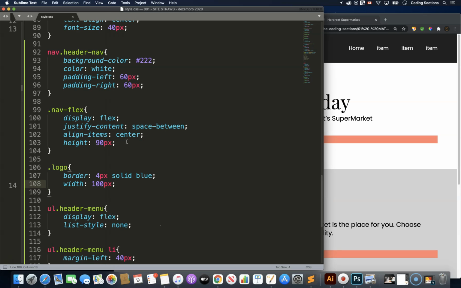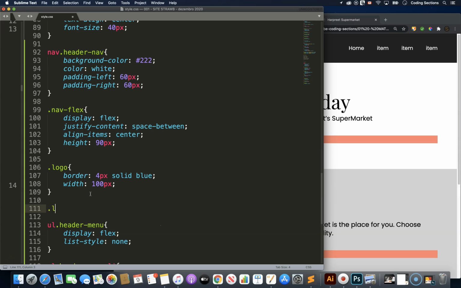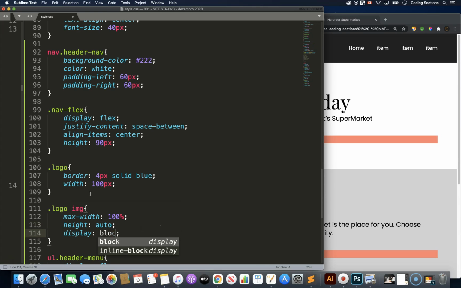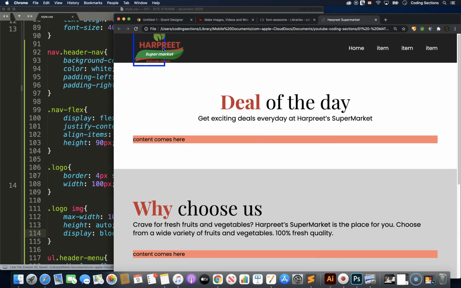If this is the case, then I just need to go there and select the image inside the logo and give the responsive code for images, which is max width 100%. A height will be auto, and then I also like to give the display block property. And when you do this, you can see now the logo is inside the limit size given by the parent. If you want this logo longer, I'm going to show you using the inspector,